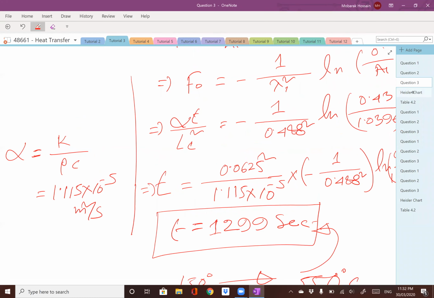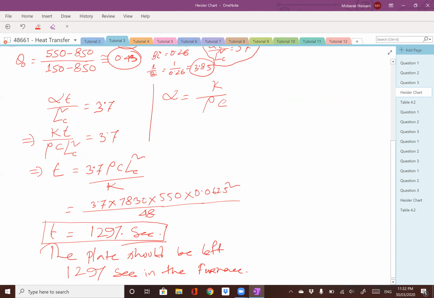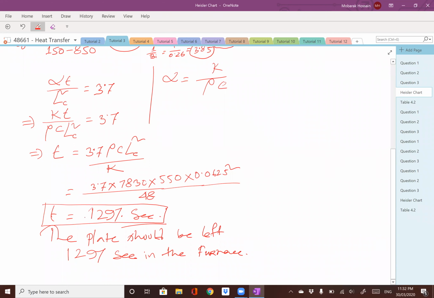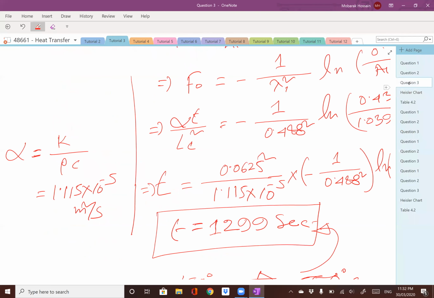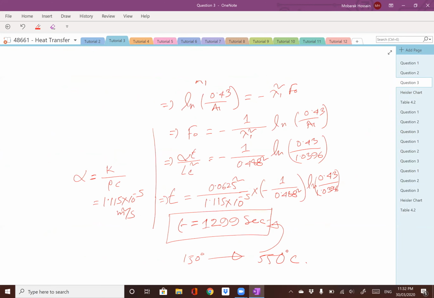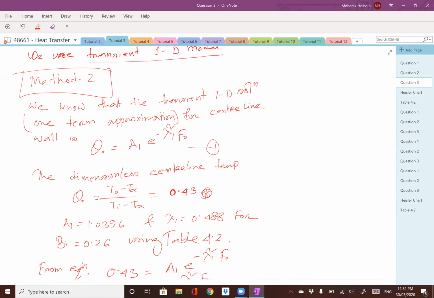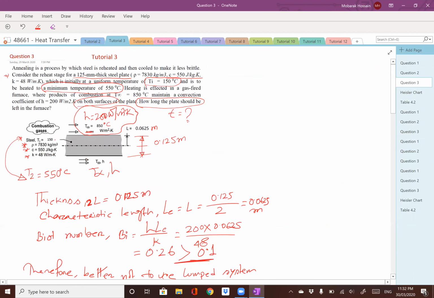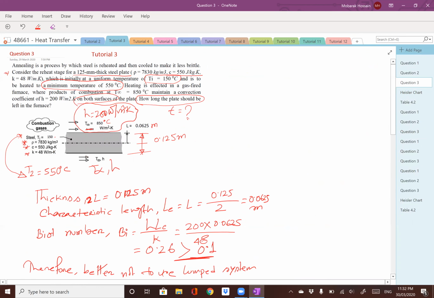Based on our chart method, we got about the same, around 1297. So you can use any method to solve this problem. This is a transient one-dimensional problem because the problem depends on time. So there are two methods, you can use any of them to solve this problem. Okay guys,